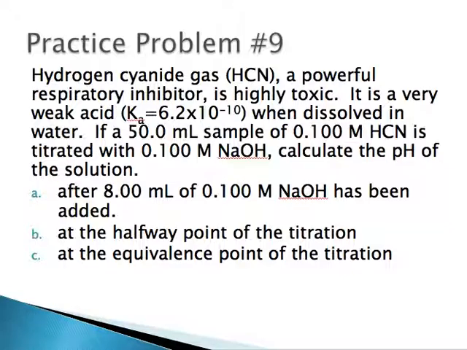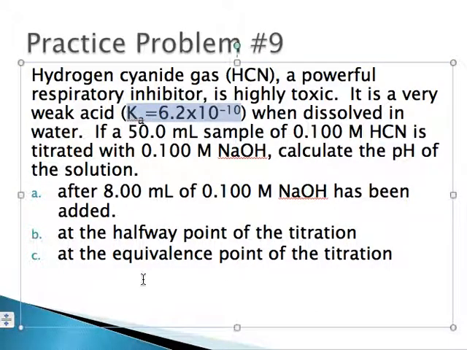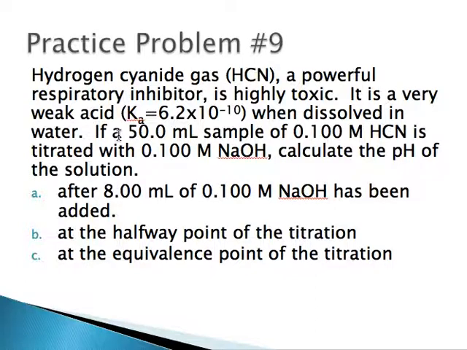Okay. Practice problem number 9 specifically asks us three things. We start with hydrocyanic acid with a Ka of 6.2 times 10 to the negative 10th, and we dissolve it in water, and we get a 50 milliliter sample of a 0.1 molar solution. And we're going to titrate it with NaOH. And it asks us to calculate the pH in three different solutions. One after we've added 8 milliliters of NaOH, one at the half point, and the other one at the equivalence